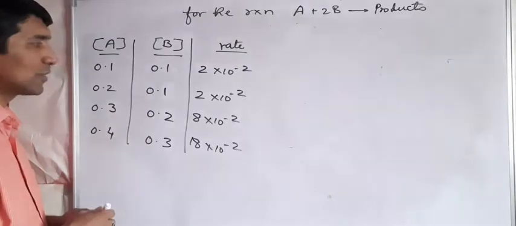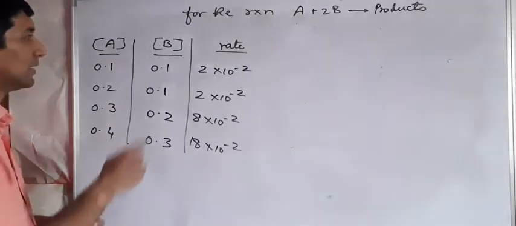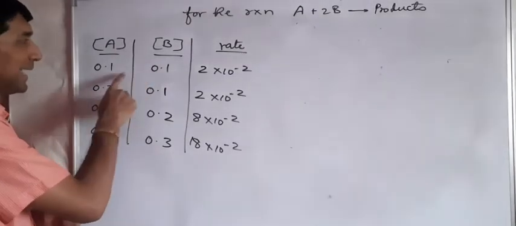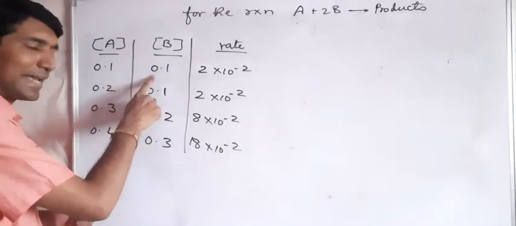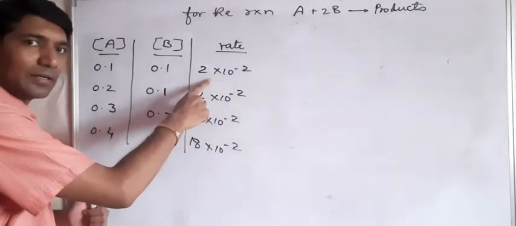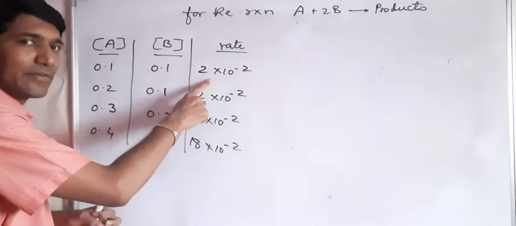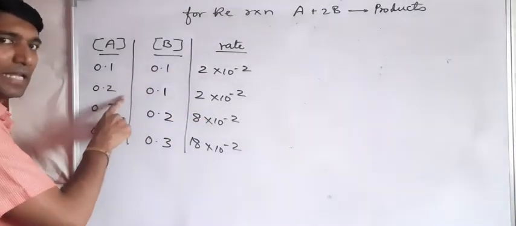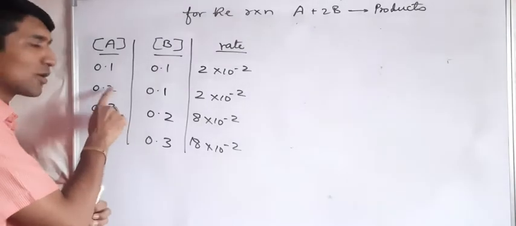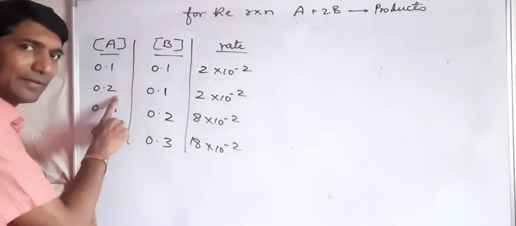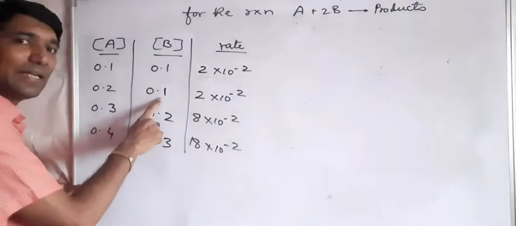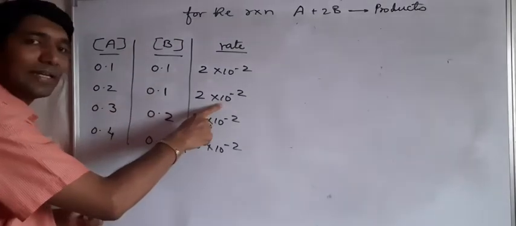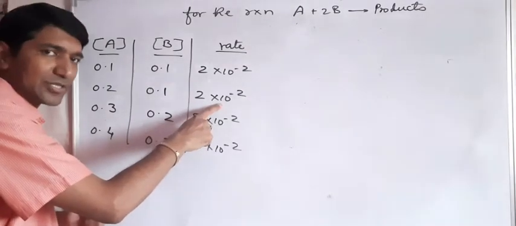So, your approach for solving this question will be, now see, for the first case, when the reaction is taking place for the first time between A and B, then the concentrations of both the reactants is same and we are getting a particular rate, which is 2 into 10 raised to power minus 2. Now come to the second value. Now if you see here as the second value, the concentration of A has been doubled. The concentration of B has not been changed, and even the rate of the reaction has not changed.